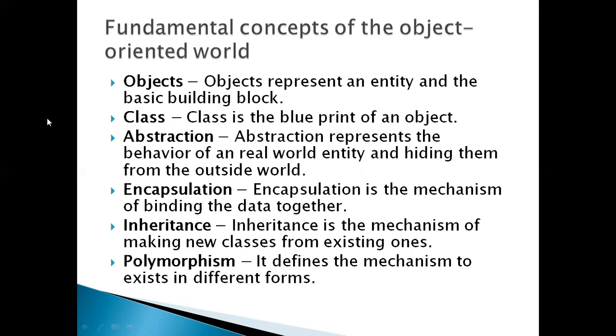What is a class? Class is a blueprint of an object. What is an object? Object represents the real-world entity. Suppose we are designing or planning the construction of a building. So we are drawing it on a piece of paper. That is known as a blueprint. Class is the blueprint of an object. When we construct that building, that construction is known as an object. So the planning is the blueprint and the construction of the real entity is known as an object.